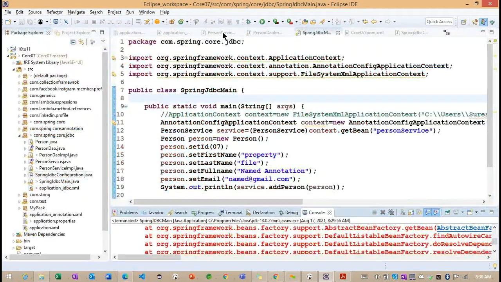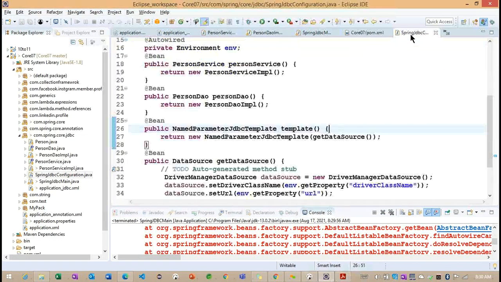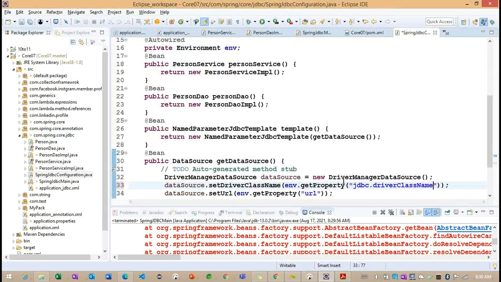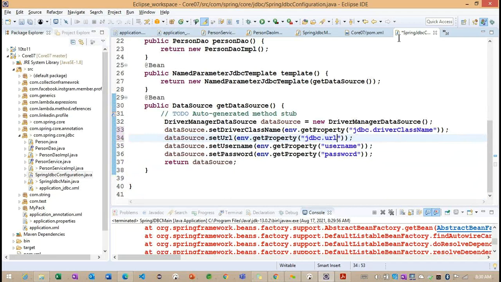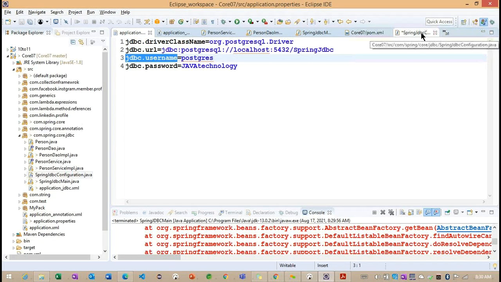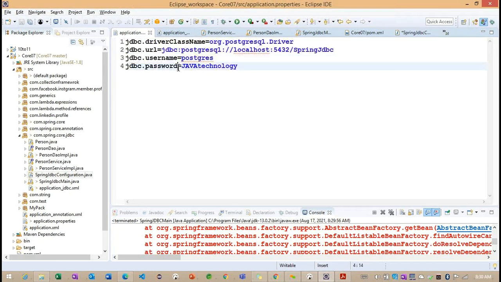Okay, sorry. So JDBC username and finally JDBC password.